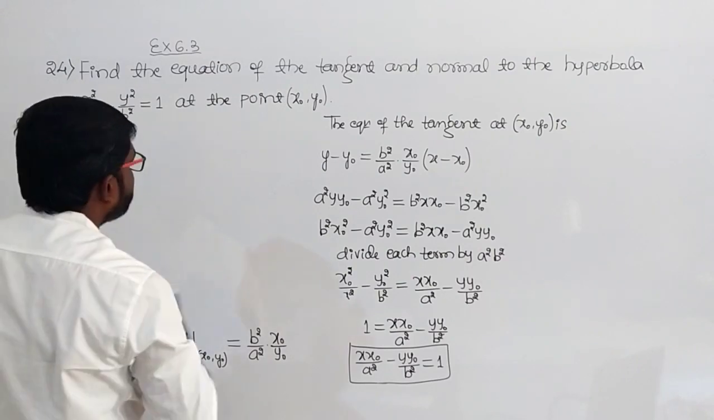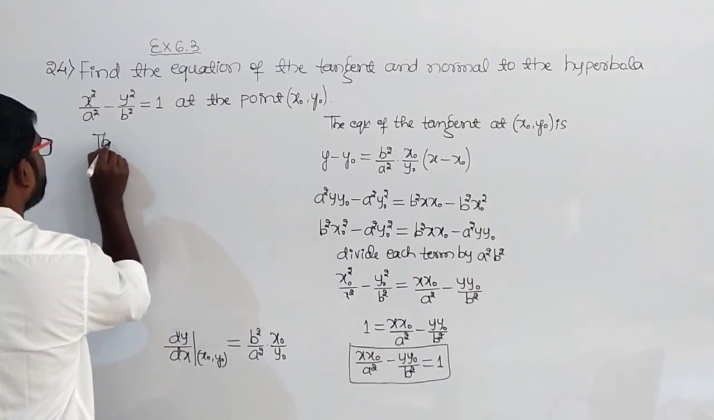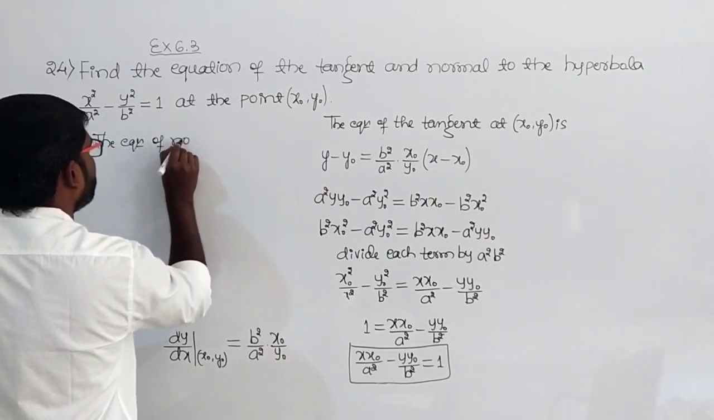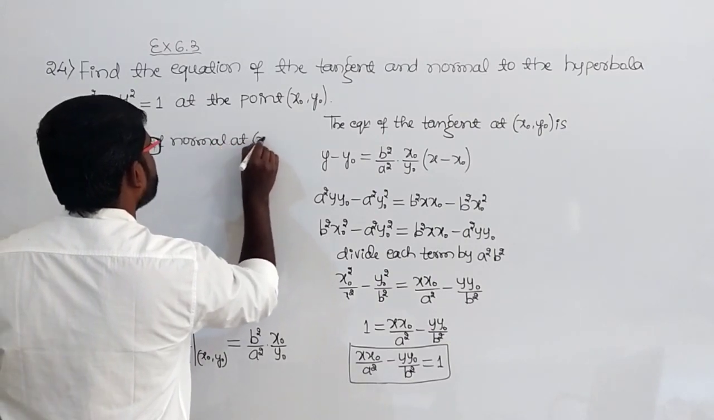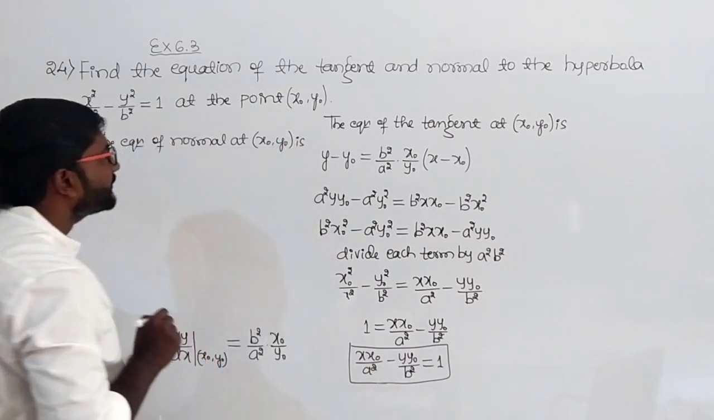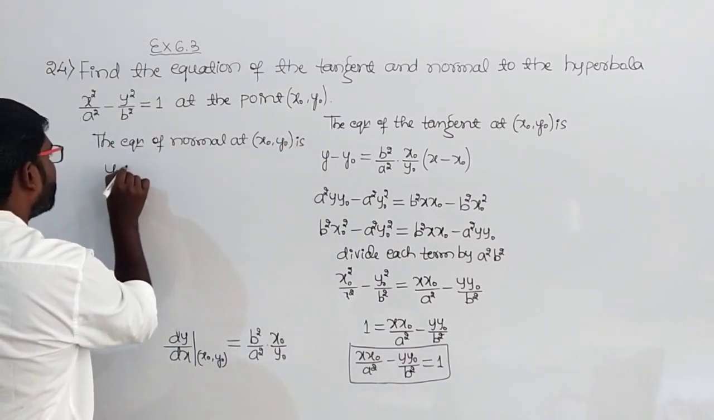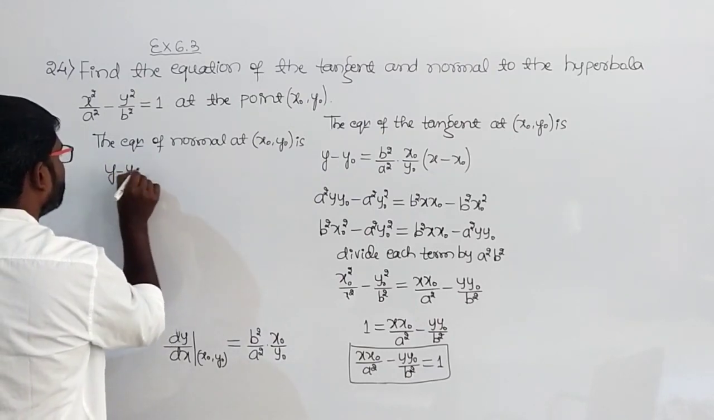Well, the equation of the normal at x naught comma y naught is y minus y naught, which is equal to,